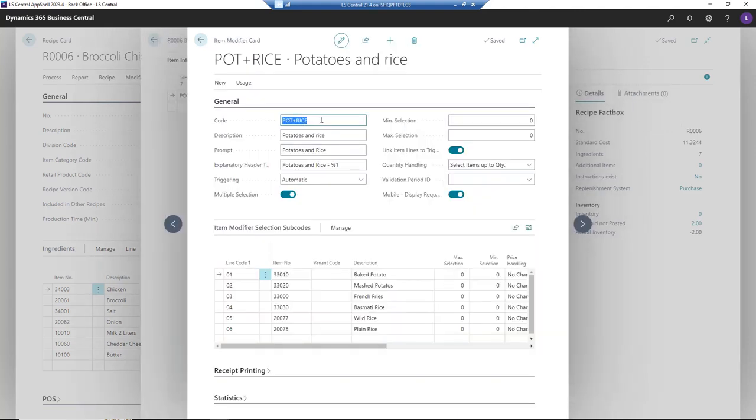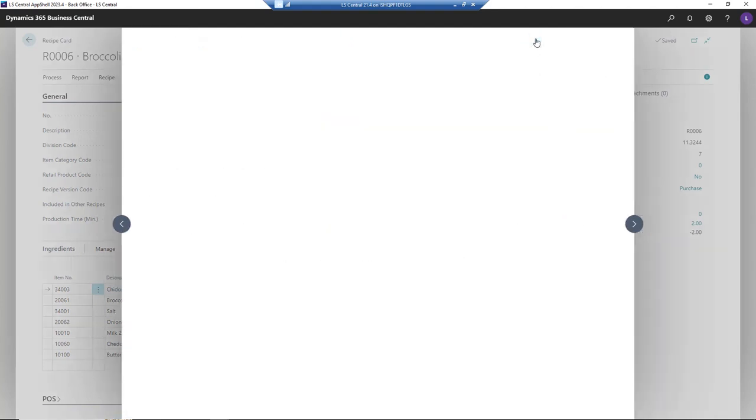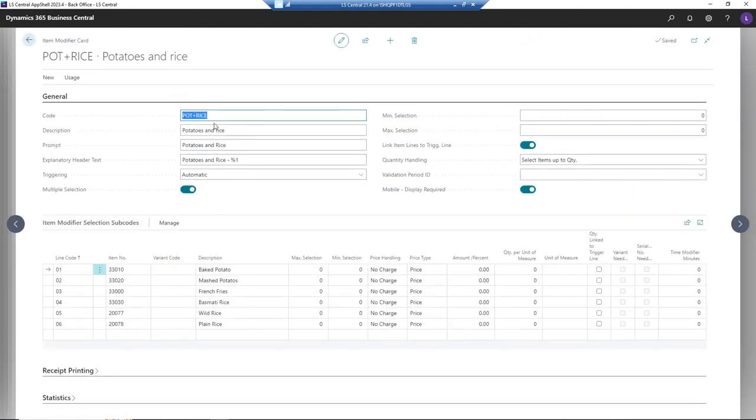Here you see it, pot and rice. And here you see all our variations, right? So we have already prepared something called pot and rice with these options. Same options as we saw, right? Yes. And you have here no charge and price. So let's say the French fries are going to be at some price. So change no charge to always charge and put here 1. And it's price 1. So the amount is used.